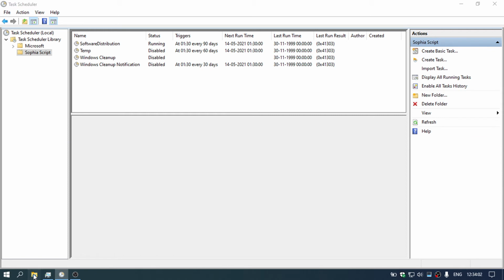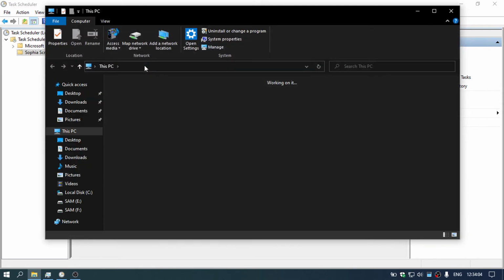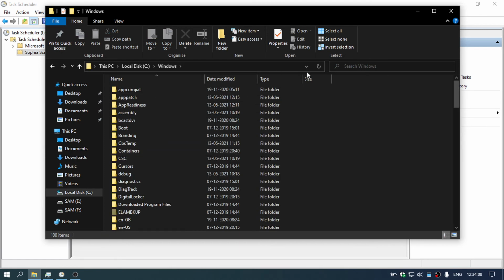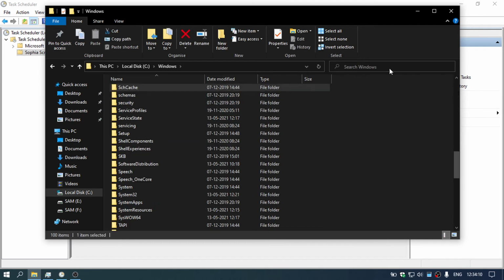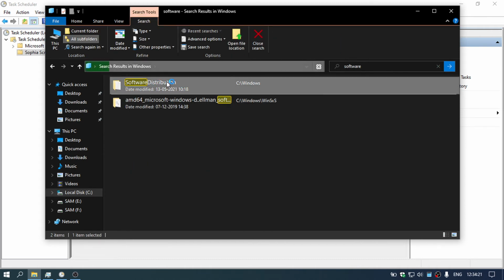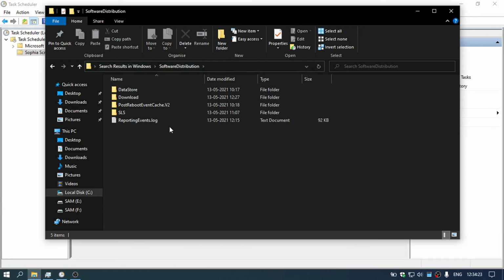Software distribution. We can check the software distribution folder from here. Just go to C drive, Windows, and search for software. Here is the software distribution folder. Just double click on it and you will see, whenever you update your Windows, some folders will be present here.